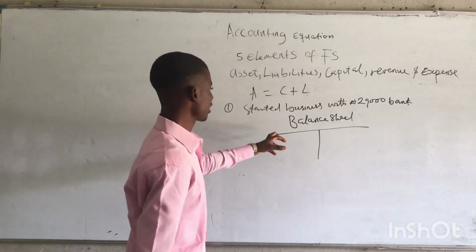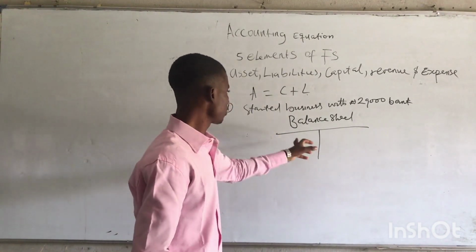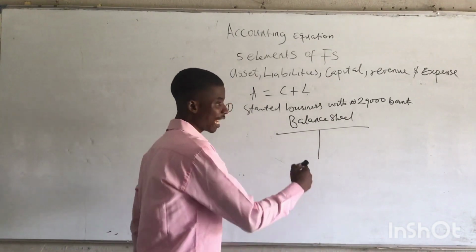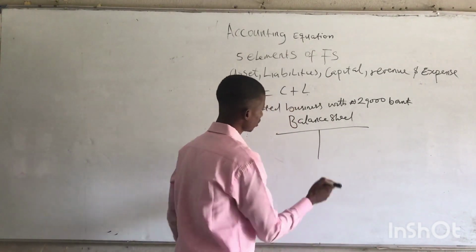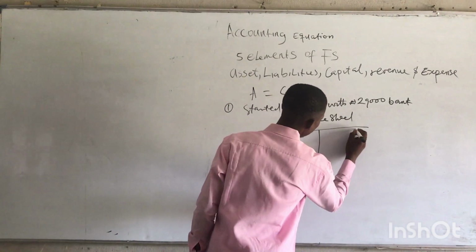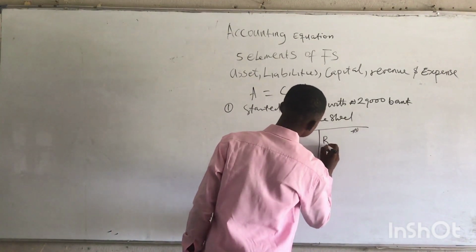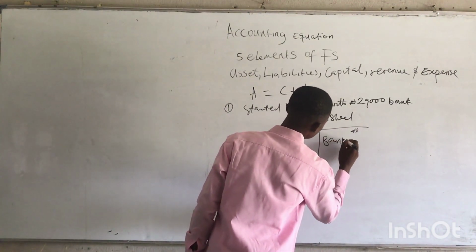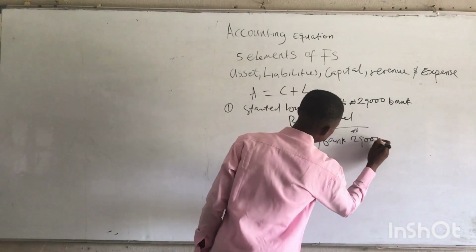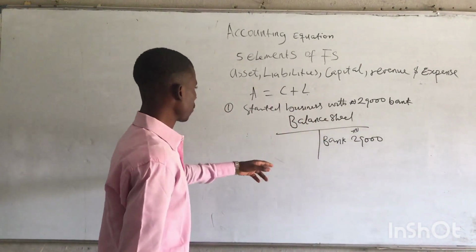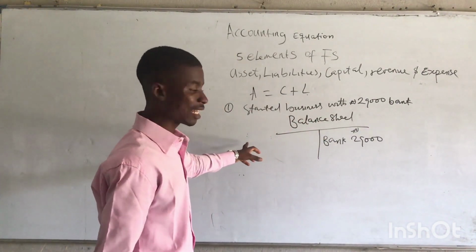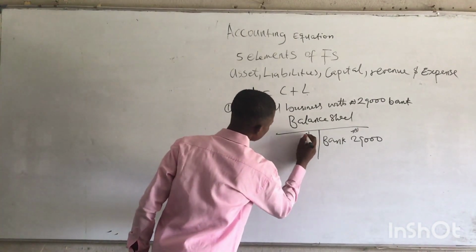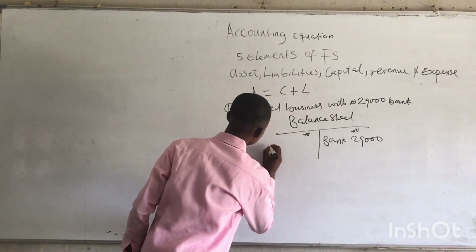So it does nothing like debit or credit in the statement of financial position. So now the asset side will be bank. We now have bank 29,000 naira. And the capital, which is usually represented at the right hand side, will now say capital